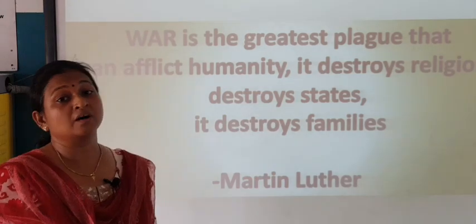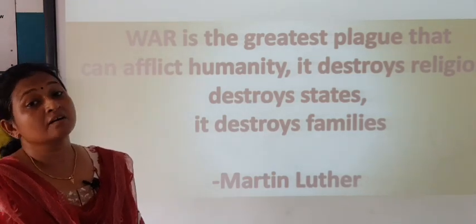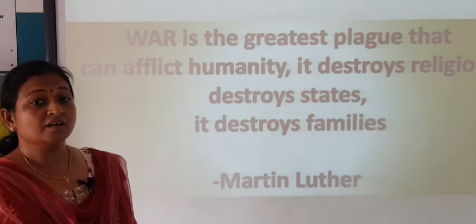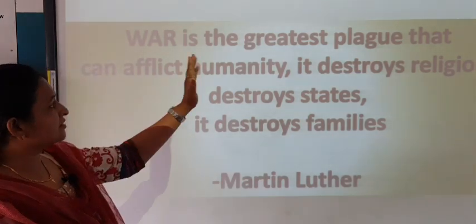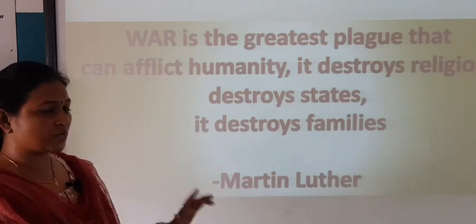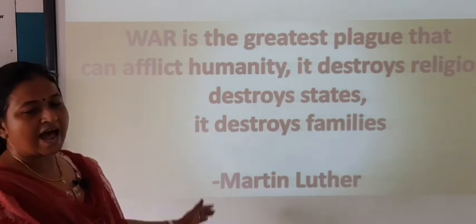You know, if the soldier is killed, the families have to go through that trauma, that pain, it's unbearable. So, war is the greatest plague that can afflict humanity. It destroys religion, destroys states, it destroys families. And this quote is